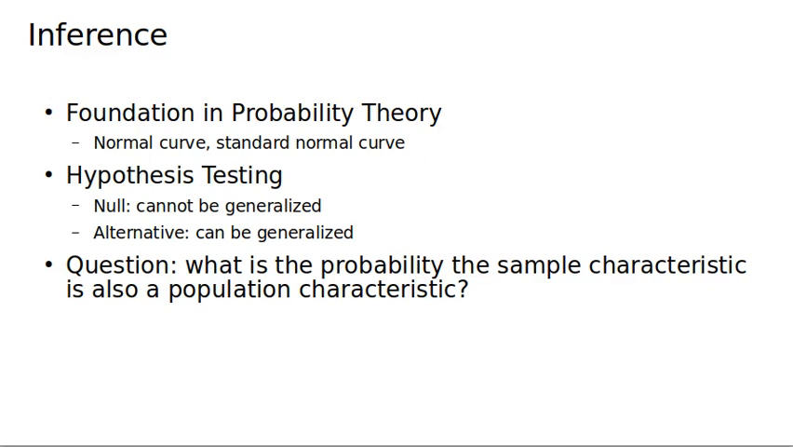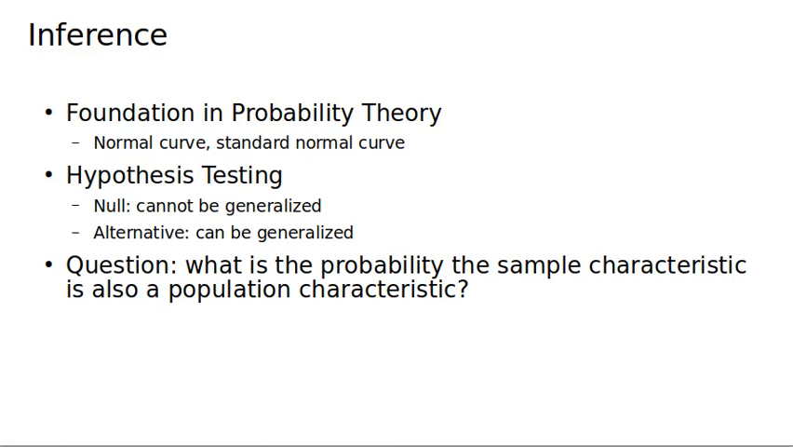Inference is another big part of the course. To really understand the different tests that we did in this course, we had to get a foundation in probability theory, understanding what this normal curve means, for instance, and then using that to understand the standard normal curve, which is the z distribution. So inferential statistics is about hypothesis testing. Usually we have a null hypothesis where the claim is that something cannot be generalized to the population from the sample. So we might observe a mean or median in a sample, but how confident can we be that that's